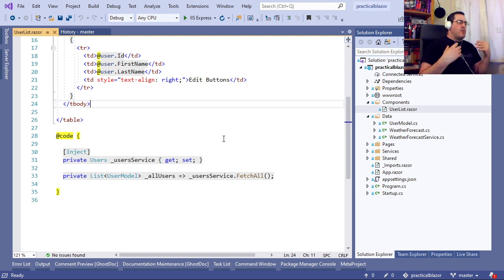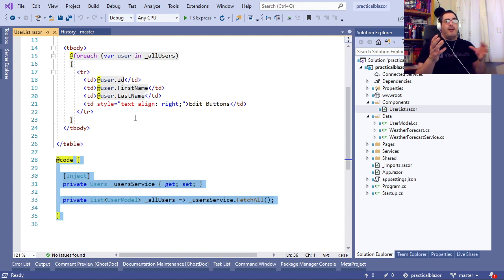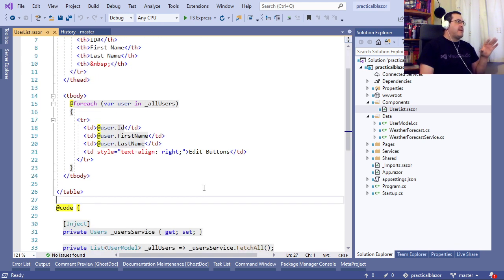There's none of this having to create the constructor and then put the parameter in the constructor and assign it in the constructor like you do with normal dependency injection practices. You can if you want, by the way. I don't have an example of it in what I'm showing you here tonight, but you can, if you wish, separate this code from this HTML markup in a very, very similar way to the way you used to have markup and back-end code for web forms pages. And you can have them set up as separate classes with various functionality in the class, if that's the way you like doing things. Personally, I actually like having the code in my markup like this because it keeps everything